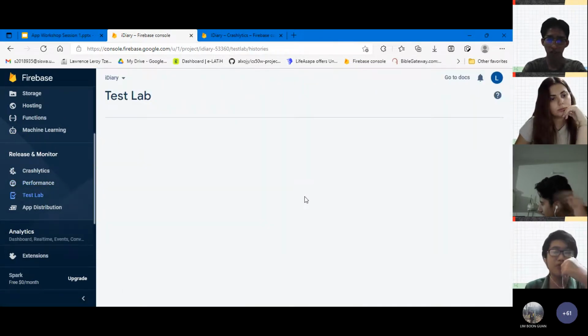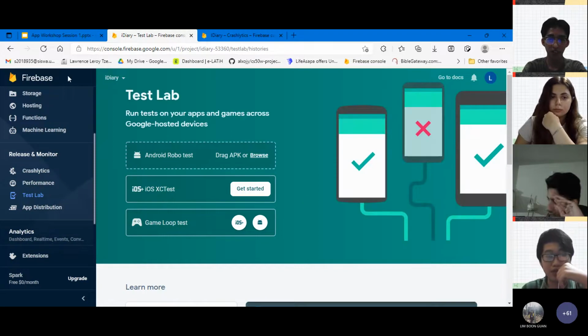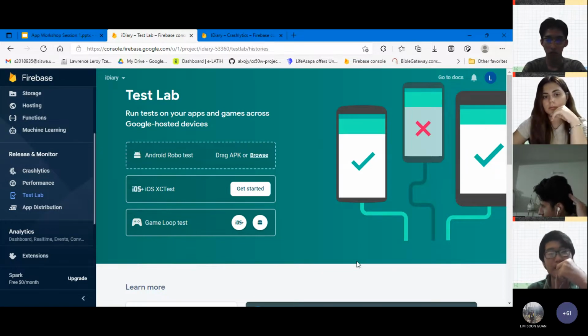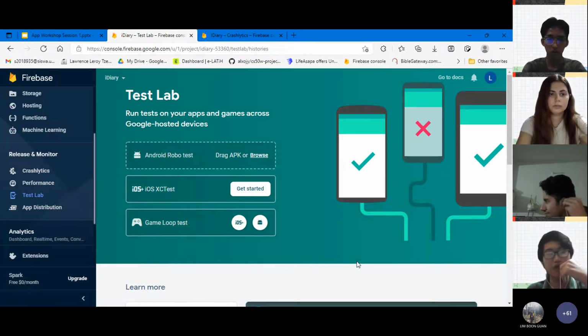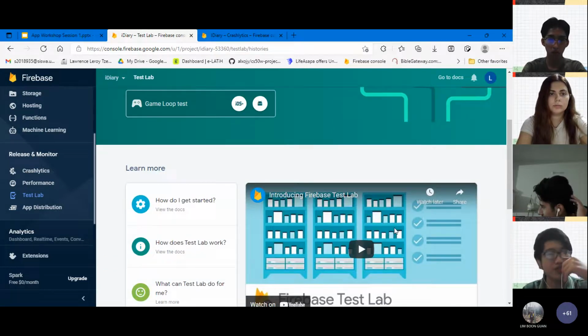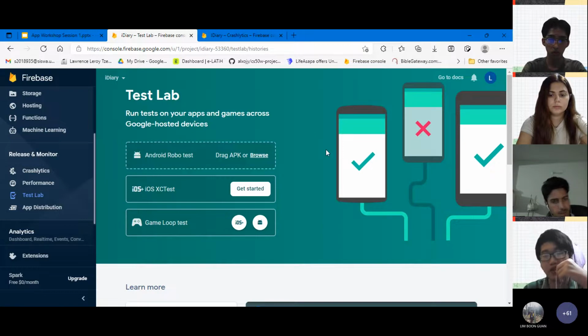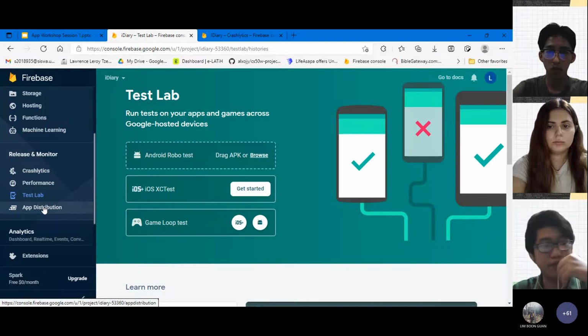Then test lab. So test lab, they use RoboTest. That's the name of their tester. Yeah, Android RoboTest. So you want to test your app across many devices. If you have just created an app and you test it only on, let's say, Pixel 5, it might work on Pixel 5 and it might not work on other phones. So test lab does the trouble for you to test it on different devices, so that you make sure your app can run on almost every device. And this is a very important function here, because there are all kinds of mobile, even Android itself, a lot of Android devices out there in the real world right now.